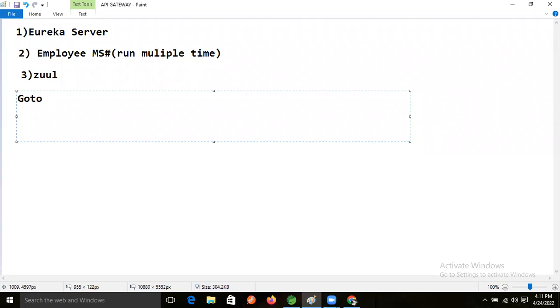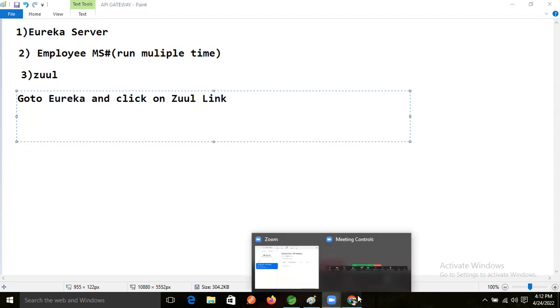Go to Eureka and click on the Joule link, right? Click on the Joule link. What we did, I went to the Eureka dashboard only. And after then what, one minute again,